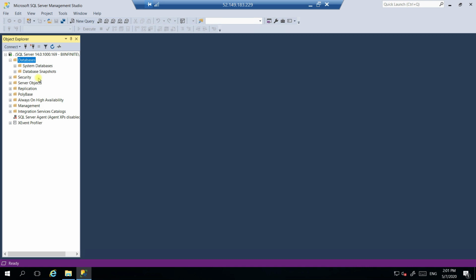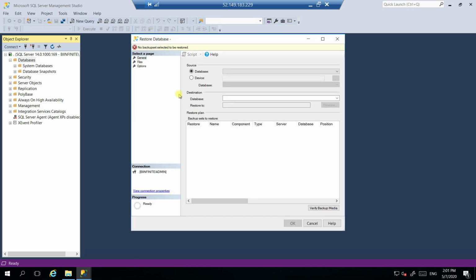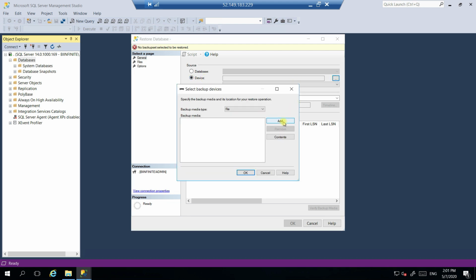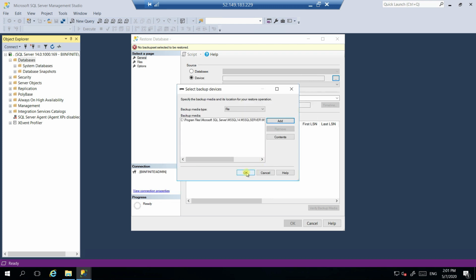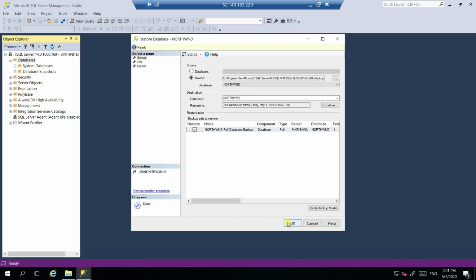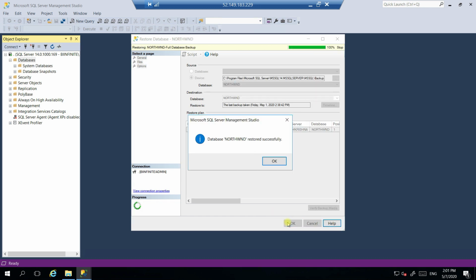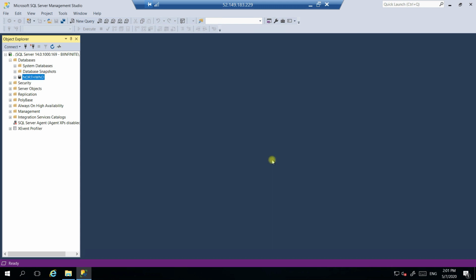We have seen this already in the last sessions, but I'm just telling again. From our device we can restore the databases. Go to Add. By default we can see the databases here. We just click on this one, click OK. Yeah, it is restored successfully.